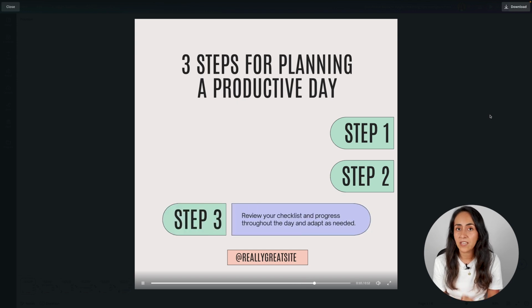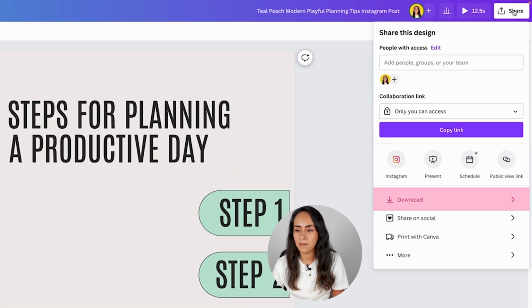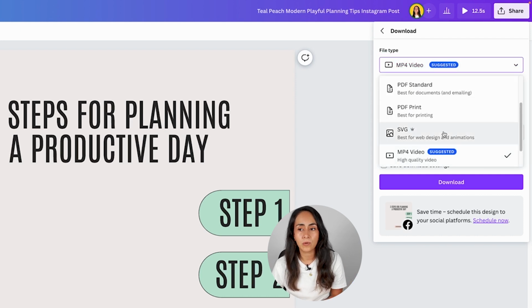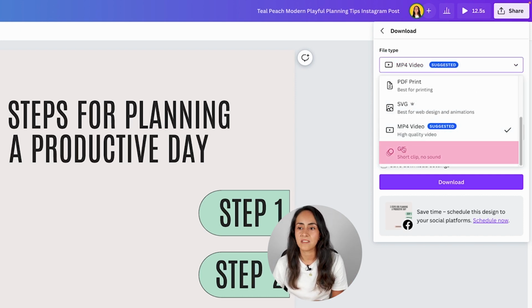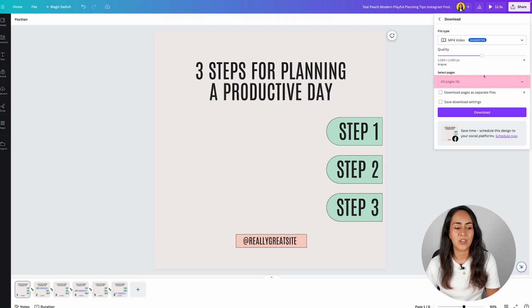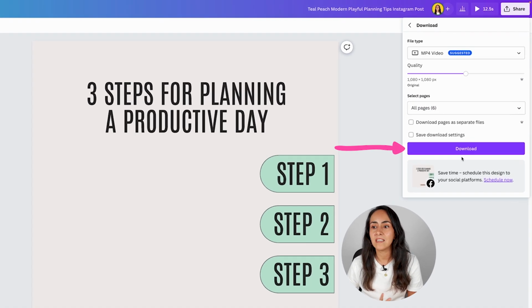So if you like what you see, if you like your animation, you can download it by clicking share on top of the screen, download, and from here you can select either MP4, or if you want to use your animation as a GIF, you can also select GIF. I'm going for MP4 video. I'm going to select all pages because we worked hard on all of these pages,